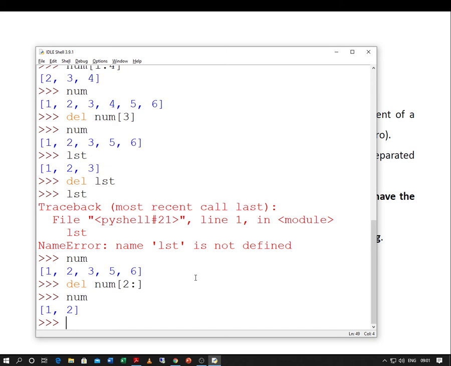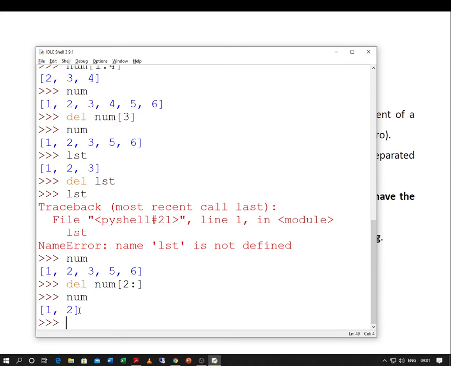It's working absolutely fine, nicely. That means you can use the indexing as well as the slicing technique with the del command. Moreover, you can also remove the entire list totally using the del command as you are seeing or observing over here. So, this is as far as the del command is concerned.